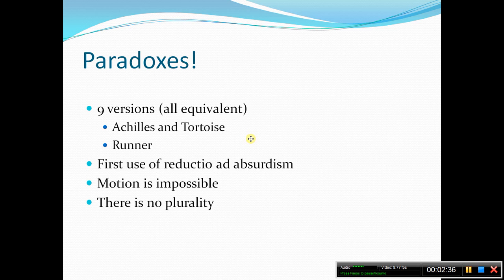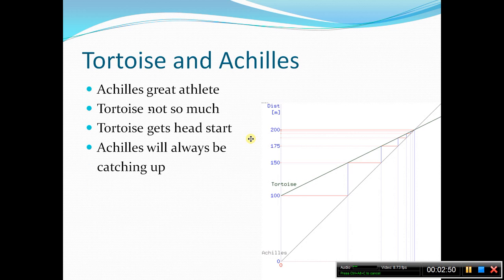So now that we understand that what he's trying to do is show that motion is impossible for a larger project, which is that there is no plurality, we can get into exactly what his paradoxes were. So, one of the most notable examples is the tortoise and the Achilles version of this paradox. So I'm going to set it up for you. Now, in the lower right-hand corner, I've shown a mathematical breakdown of what this paradox is saying. You can ignore that for now. Let me first just set it up for you, and then I'll explain what's going on.